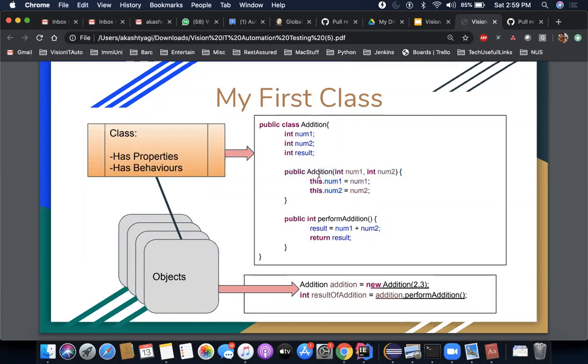So if you have Addition, then you have to give the same name, and it doesn't return anything, because if you put this in contrast to this method here, it returns something. If you don't want the method to return anything, you have to mark it as void, right? But in this case, I am returning the result. So this is a typical example of how an Addition class, a class which performs addition, looks.